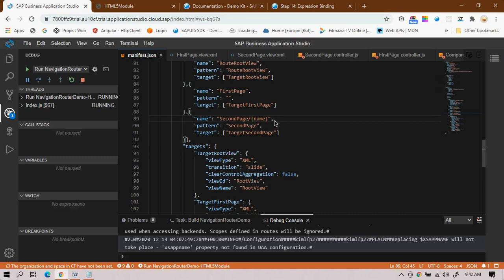If I want to pass data from the first view to the second view, and the data will be passed in the URL, then where should I give that slash curly braces name? Should I give it in the name property or the pattern property? Where?